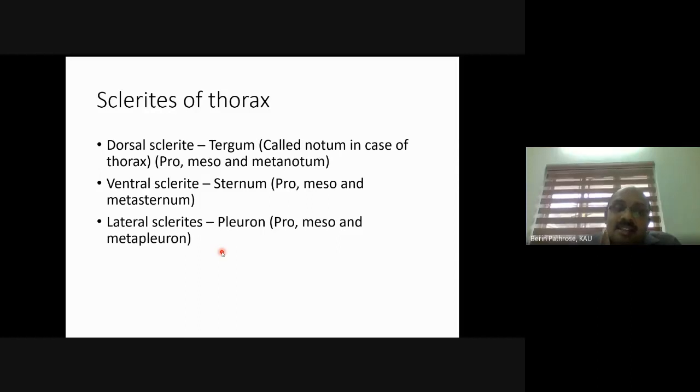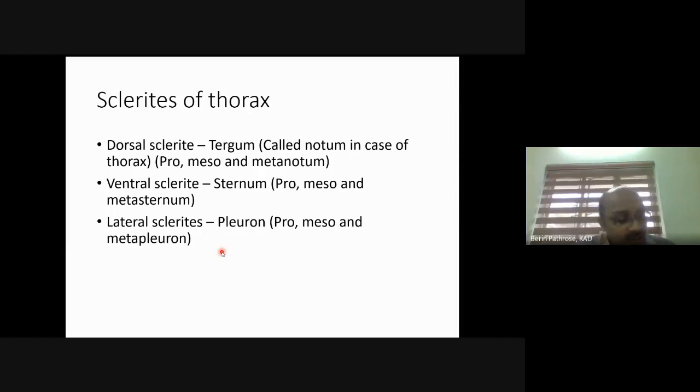And in the lateral sclerites, lateral means there are two sclerites on both the sides. Dorsal tergum and sternum will be one each, and the pleuron, we have two in number, pleura. So one on the left side and one on the right side. So we have notum, sternum, and pleura. Notum on the dorsal side, sternum on the ventral side, and the pleura on